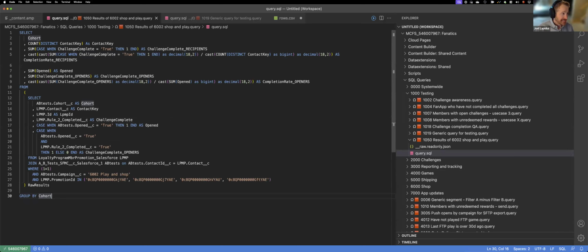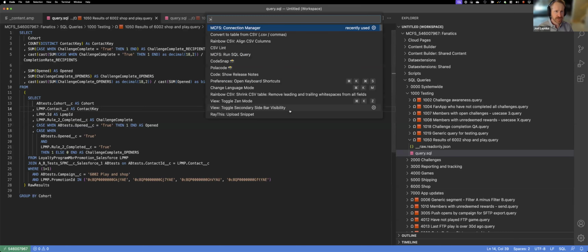We're going to run it as is. So this is great. You can see there's this tiny little play button up here. This runs the query. And there's a thing I actually use much more often, which is the shortcuts in Visual Studio Code. They're a shortcut for everything. On a Mac, Command-Shift-P brings up the shortcuts. The first one there, because I've used it most recently, is Connection Manager,